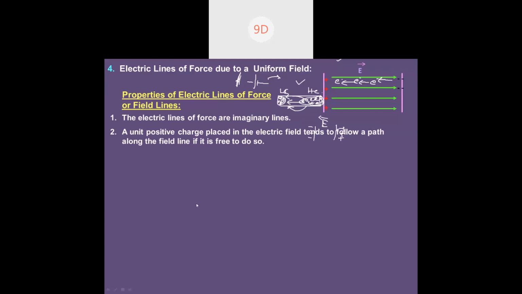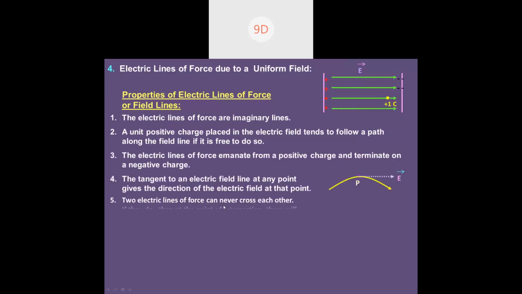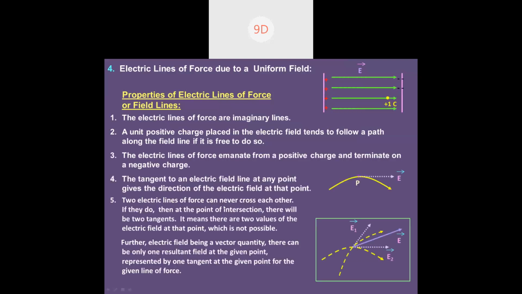One second, I will erase this so that you can see clearly. These are some properties. Look at the properties. I have already discussed the properties, but I'll just walk you through. First of all, electric field lines are imaginary; they are not literally visible. For our convenience, we have tried to draw them. For positive it's outwards, and for negative it's inwards. Also, it will emanate from the positive and go to the negative. That's the third point.